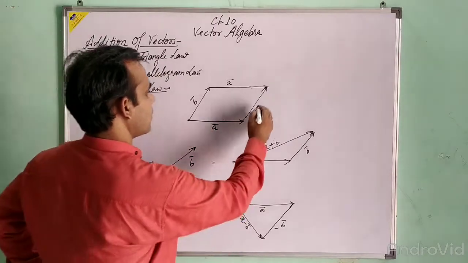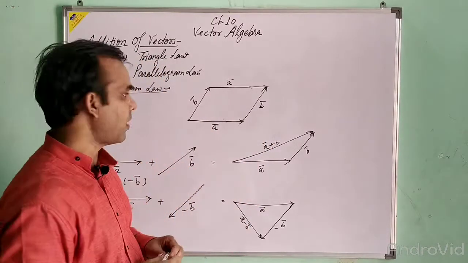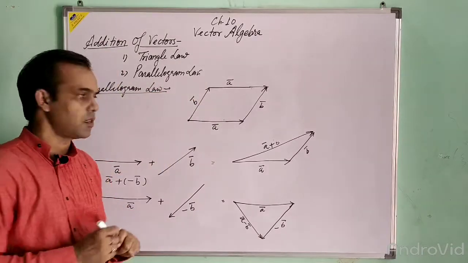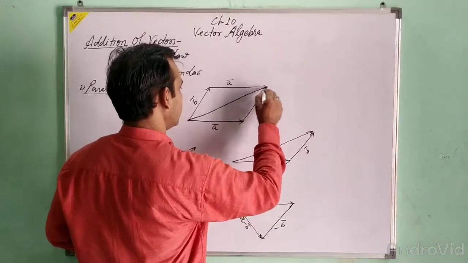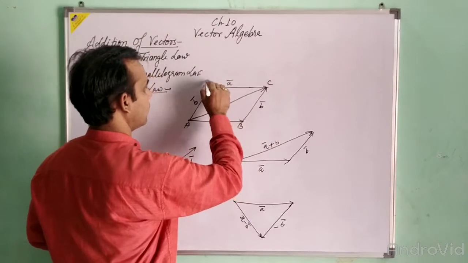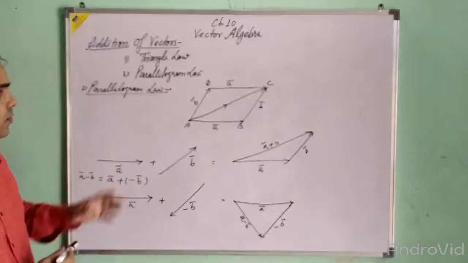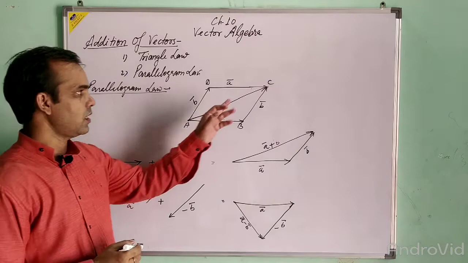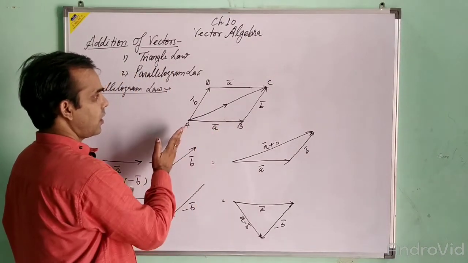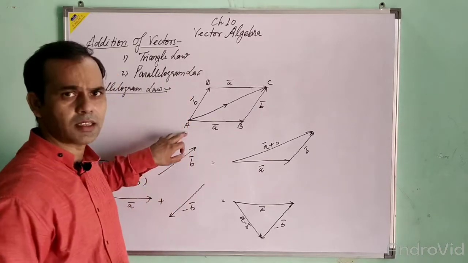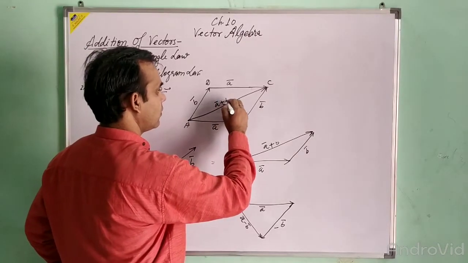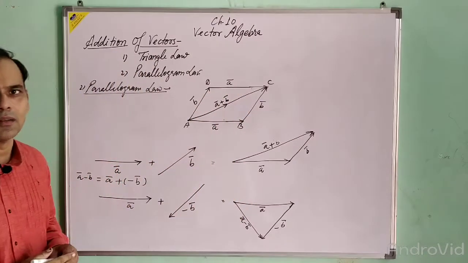Okay, so this is the B vector and it has the same magnitude as this B vector. So we will complete the parallelogram in this case. Now this vector will be represented by the diagonal of this parallelogram. ABCD is a parallelogram, in which AC is the diagonal. So the resultant of this A vector and B vector, the co-initial vectors starting from the point A, will be given by the diagonal of this parallelogram.